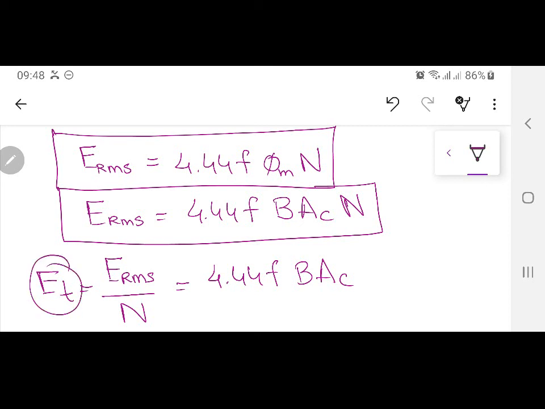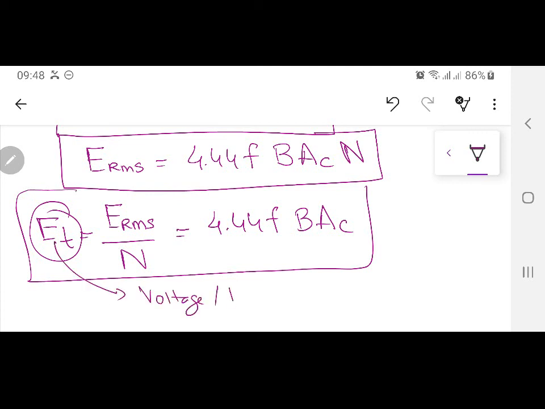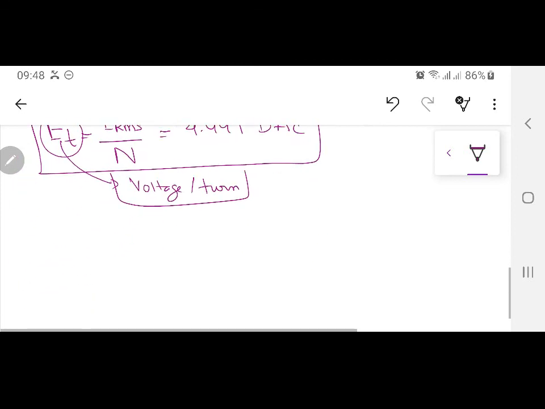This is very important. In fact, from this equation we are going to get the first design equation of the transformer, that is ET is equal to K under root S or K under root Q. We'll come to that one afterwards. So ET over here is the voltage per turn. Okay, so this is the first design equation which we have just done, 4.44 F B A C.